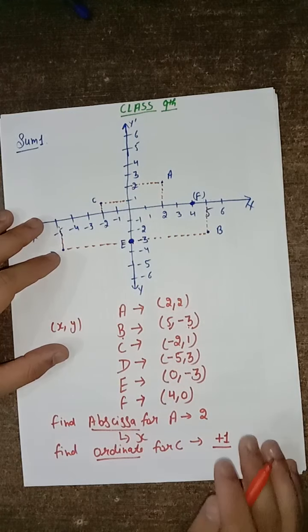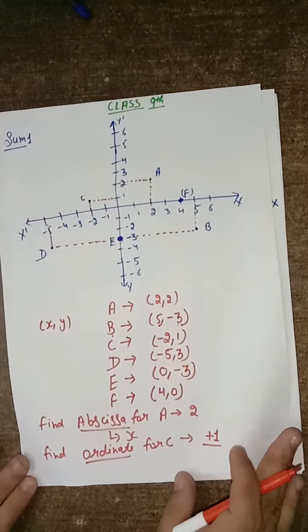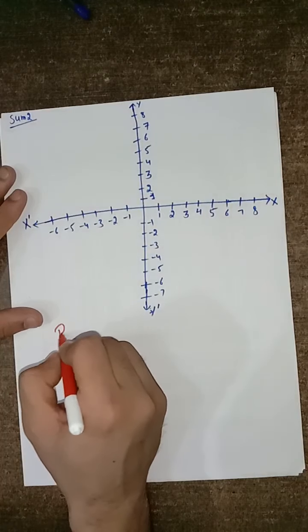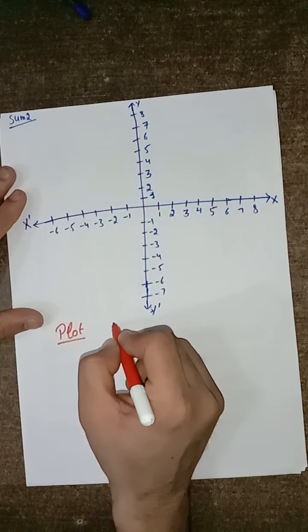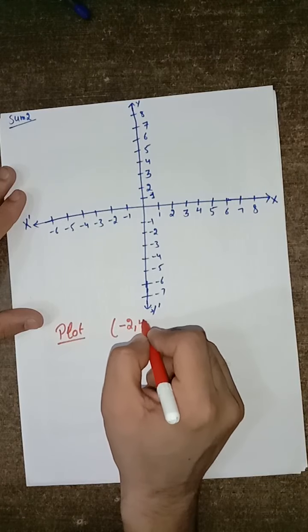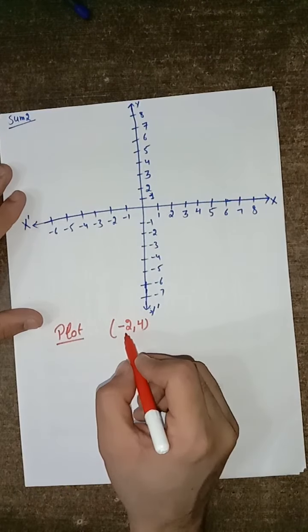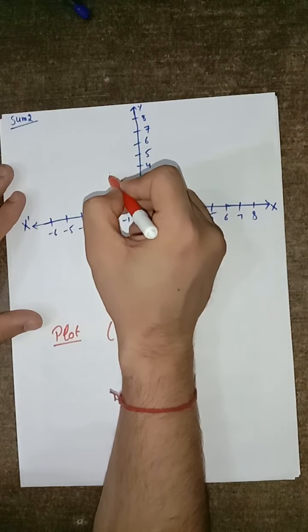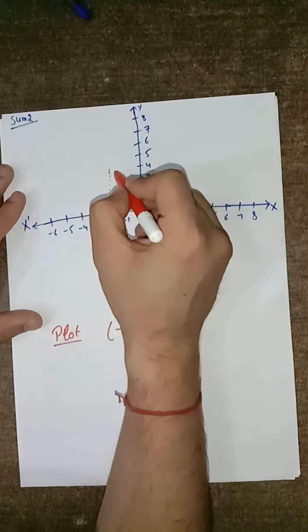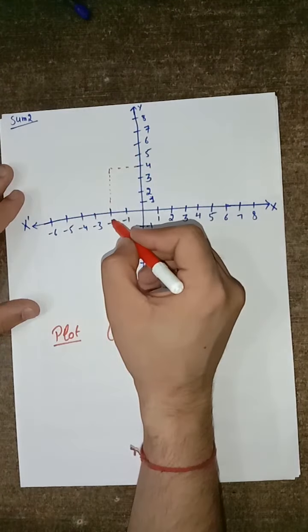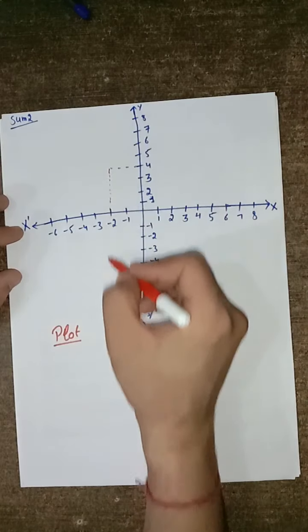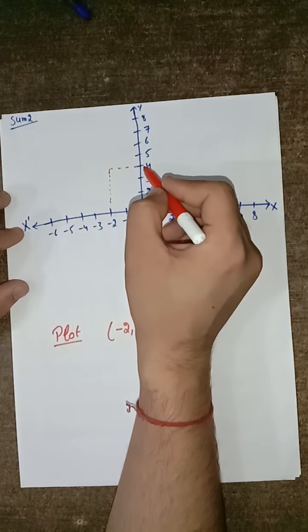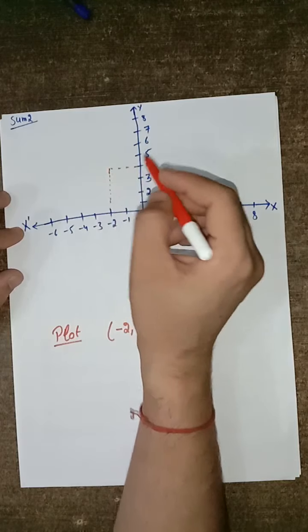Okay, student. Now our second sum is plot the points on plane, Cartesian plane. My first point is minus 2, 4. Now x-axis is minus 2 and for y-axis plus 4. So here x coordinate will be minus 2 on this line. And for this horizontal line, y-axis will be 4, y coordinate will be 4 and the meeting point will denote